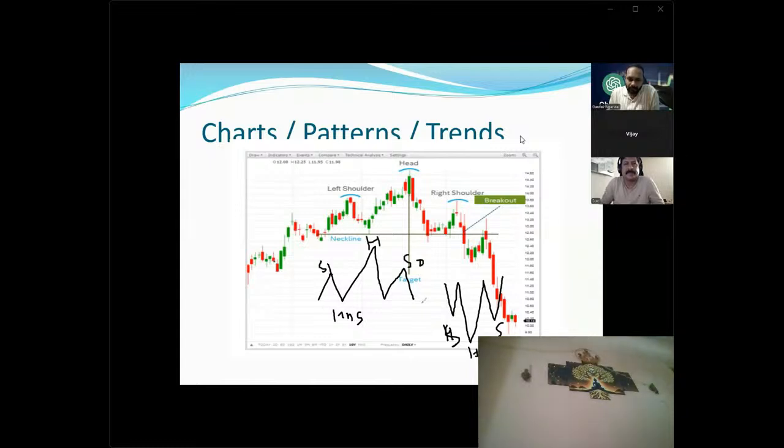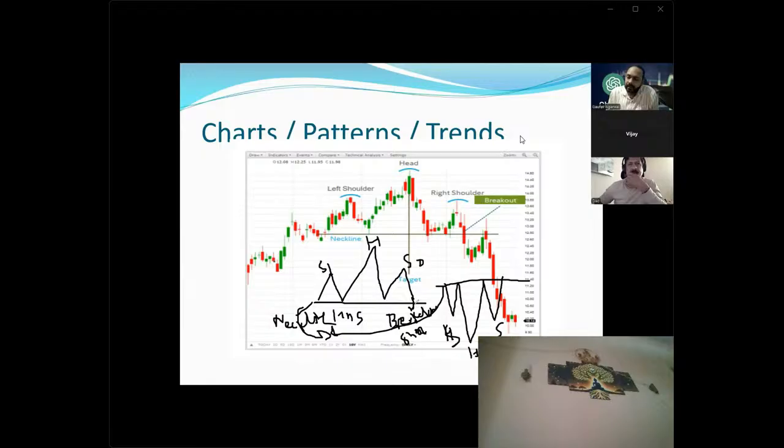This pattern takes quite a good time to form, and after that also we have to wait whether it will give a breakout or a breakdown or a fake breakout, because these patterns may fail also. Once we see this pattern, this line is called the neckline. These two lines are necklines. We have to wait for the confirmation. Once the price breaks this neckline, then only we take a short position. This is called a breakdown, and we take the short position here.